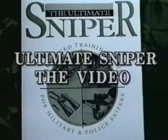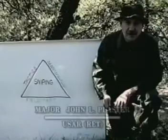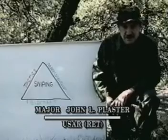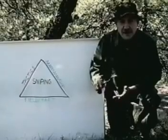Sniping and the role of the sniper has long been a subject of myth and misunderstanding. Some people think snipers are assassins. They aren't. Some people think they're merely hunters who go in the woods as some kind of freelance snatchers of life. They aren't. Snipers are superb marksmen, master tacticians, and superb